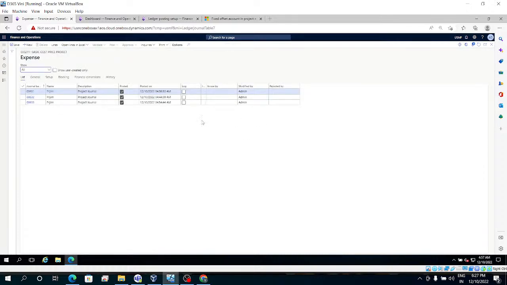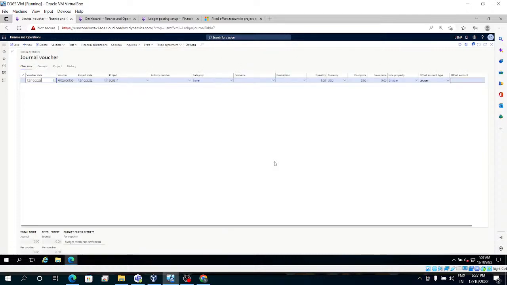So there is no default now. Default offset account for this travel category. See, no offset account now. Default offset account is not there, so we can select by our